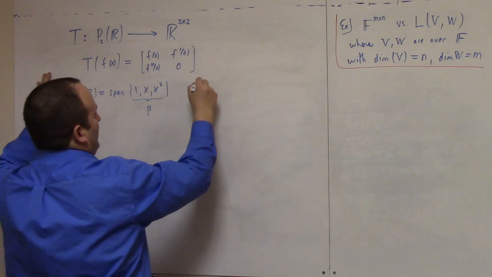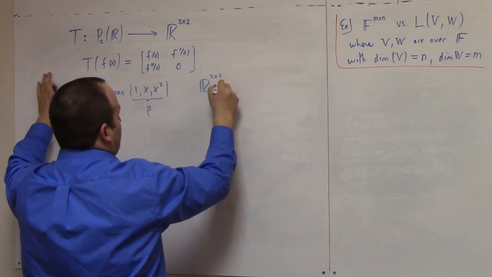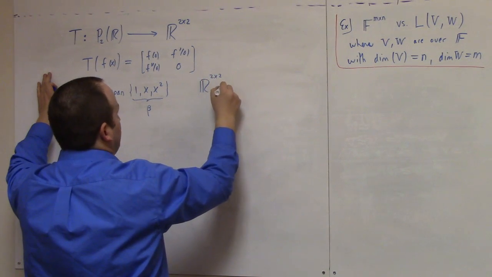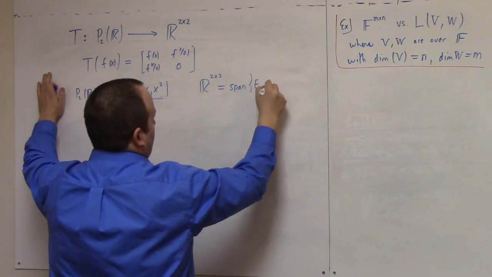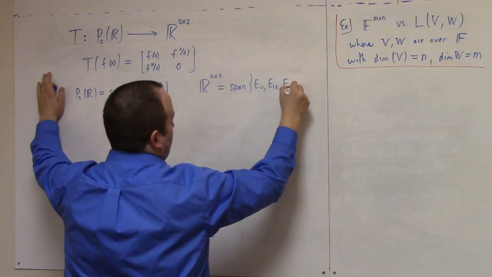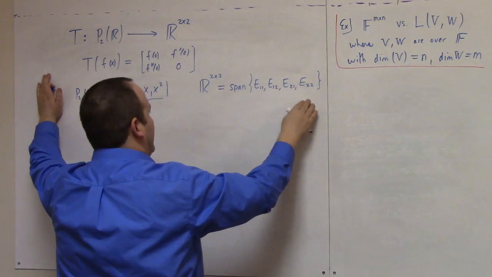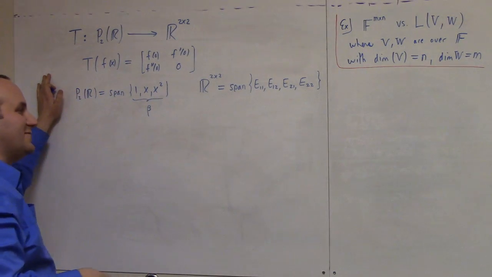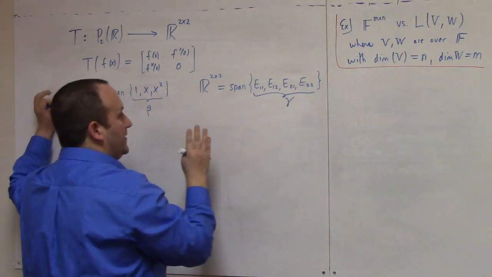And for R2 by 2, my default is just to use the matrix units in lexicographic ordering. So I'm going to say that's the span of E11, and so on. Just read it off the rows. First row, then the second row, like this. That's the order I usually put them in. It's not a standard basis, but it's my standard choice for the basis there. Let's call this set gamma. Okay, so beta and gamma are bases